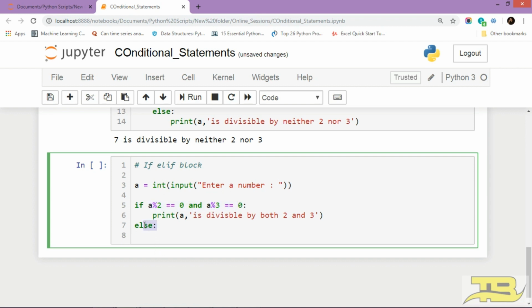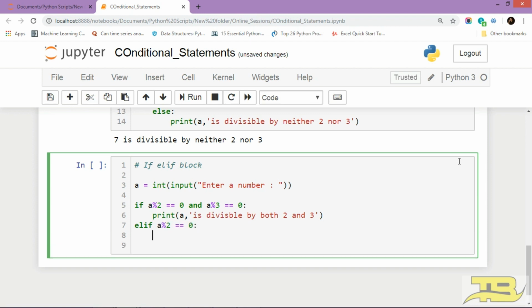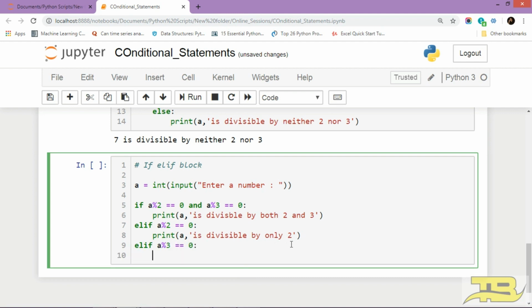Now sometimes we want to check for multiple conditions. In that case, we want to write else if over here, which in Python is written as elif. And then after elif we write a condition. Let's say a modulus 2 equals 0. So obviously if this particular statement is false, in that case it's going to check whether this is true. If this is true, in that case it's going to return us this message, divisible by only 2. And then finally we can have an elif a modulus 3 equals 0, which is going to print a is